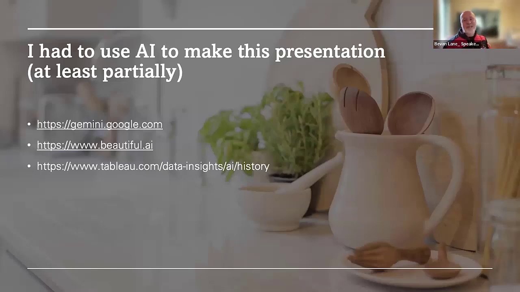That's relatively simple stuff, but really, really powerful when instead of going to Google and then having to worry about intellectual property and stealing somebody else's slide or picture, you can actually generate a lot of things, and that's going to get stronger and stronger. Beautiful.ai is one of countless PowerPoint solutions where it's the same thing. I type in a one-liner. I want a flow diagram of ISO certification, and then it draws you the ISO certification process in a flow diagram. And I'll show you some of those, how I'd use that.